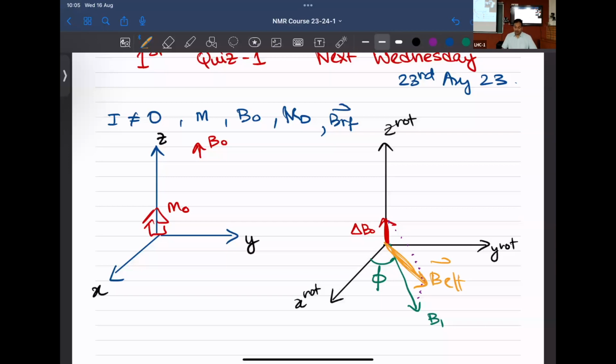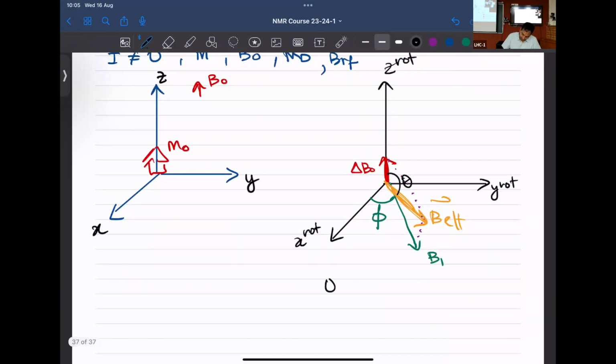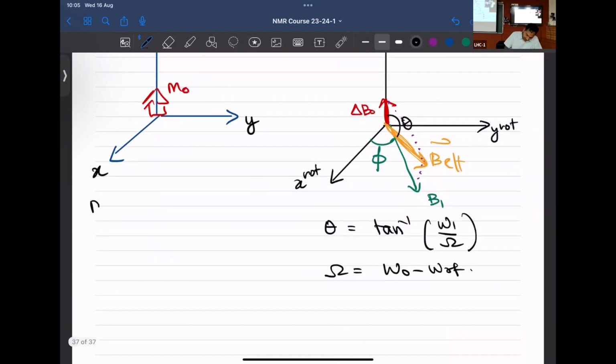Now, what all did we define here? We defined a tilt angle theta, where the tilt angle theta is given as the tan inverse of omega 1 over capital omega, where capital omega was defined as omega naught minus omega RF. This is under the condition that we ended up applying a B RF that is of the form 2B1 cos(omega RF t plus phi) times I cap,